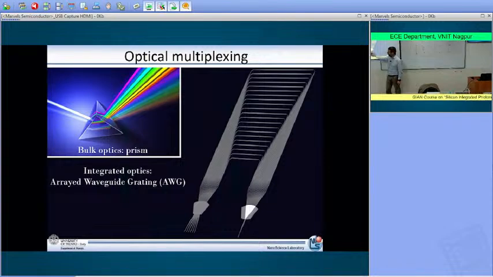Meaning that at the output, the different colors of light are directed in different directions. So, for example, if you have a red line, depending on the wavelength the phase shift is different, and therefore here you have all the light